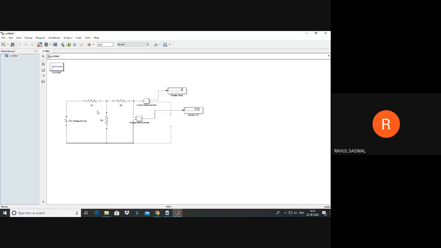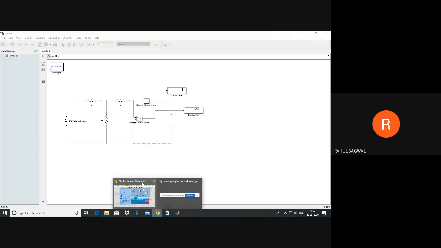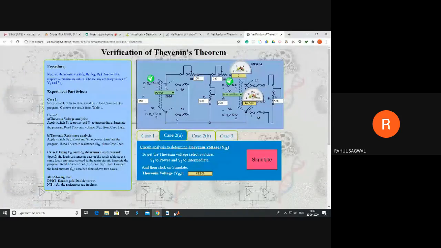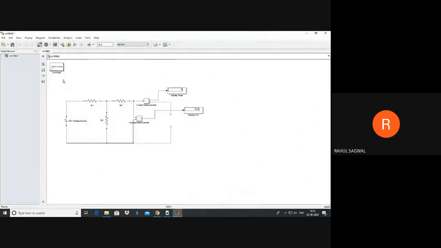Let's simulate this circuit. 82.5 and 0 ampere. As this branch is open circuited now, no current will flow as no closed path is provided. So 0 ampere appears in this display, and the Thevenin voltage measured by this display is 82.5. If you compare it with your original simulation, the same value was there, 82.5. So you have simulated correctly.